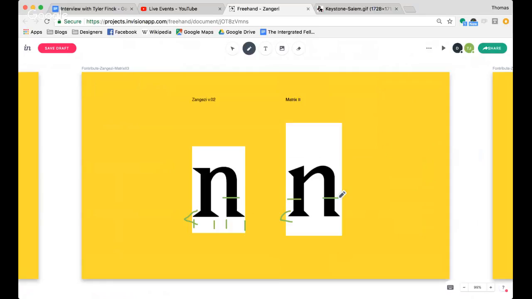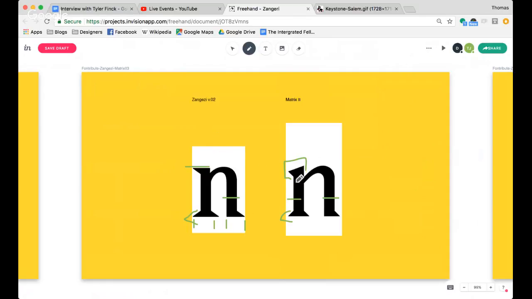There are some differences, though. For example, on the flag serif, there's a more traditional flag serif approach in Matrix 2. We know this by the triangular shape, versus this flat-sided top on the x-height zone of Zangezi,